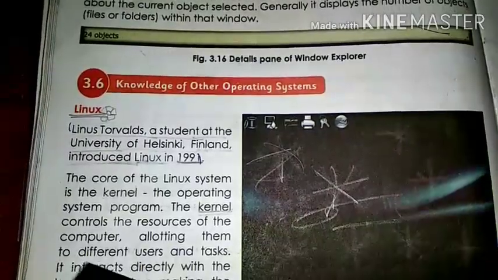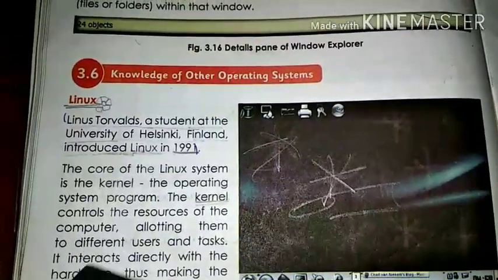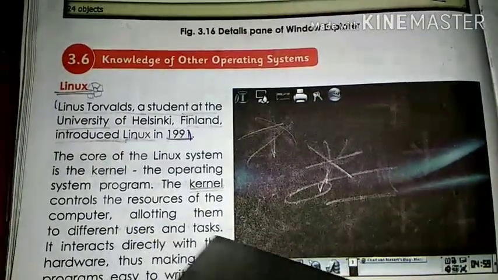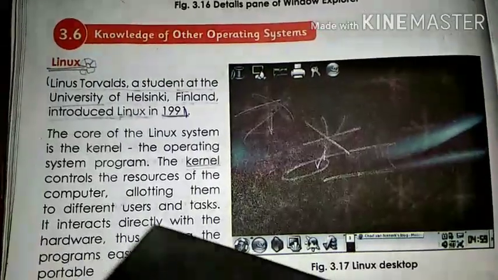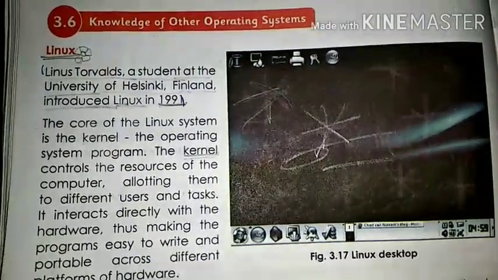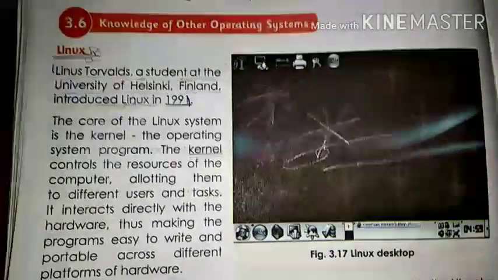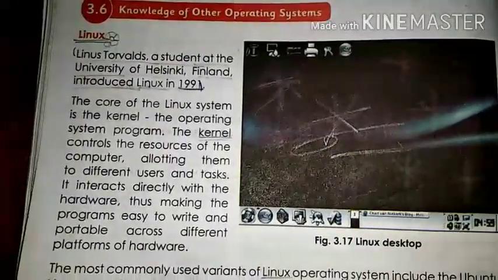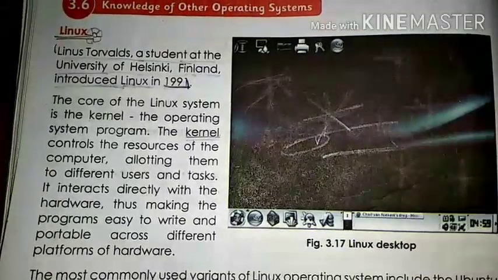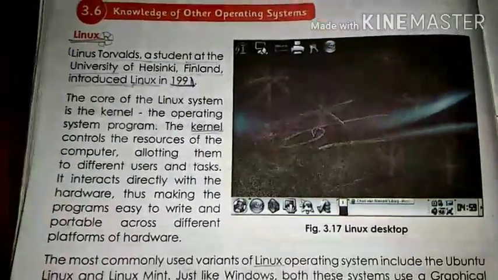The kernel controls the resources of the computer, allotting them to different users and tasks. It interacts directly with the hardware, thus making programs easy to write and portable across different platforms of hardware. So again, we all know that an operating system helps us to manage the resources.